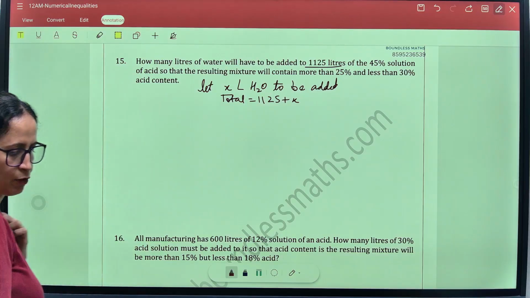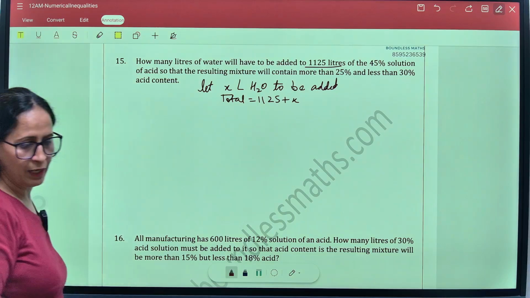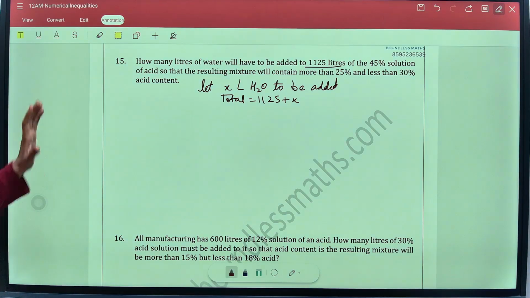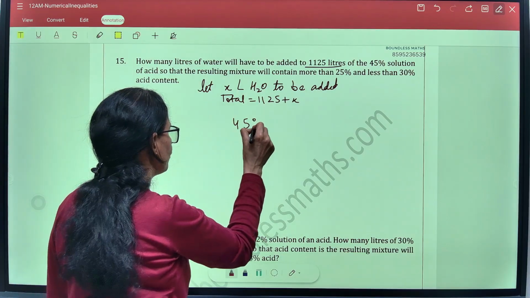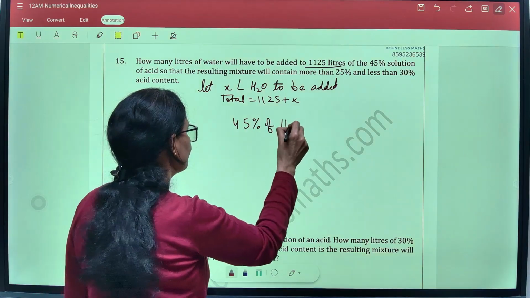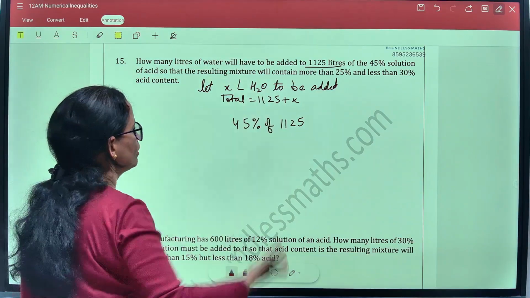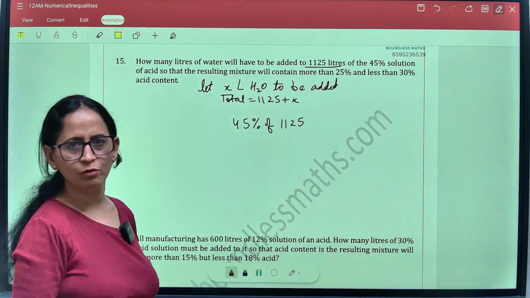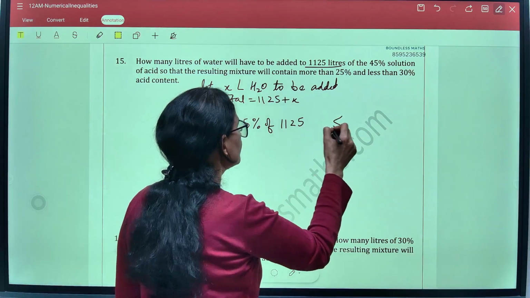So that means how do we create the inequality? In the center, write what you have. What you have means you have 45% solution of 1125 liters. So let's write this: 45% of 1125. This is what you had. Now after adding water, you don't know how much you are adding. So after adding water, the concentration has to be between